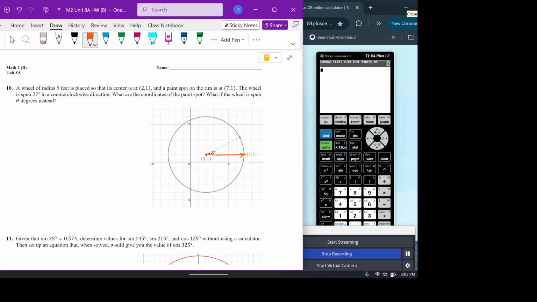And in this one, it's easy to figure out the radius since it's directly across. It's 5 because it goes from 2 to 7. And then we spun the wheel 27 degrees, right? So we learned that if this thing's centered at 0, 0, and we spin it 27 degrees,